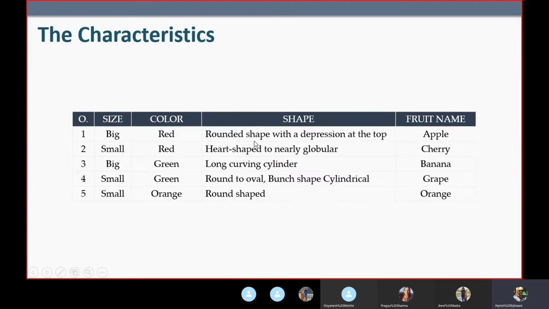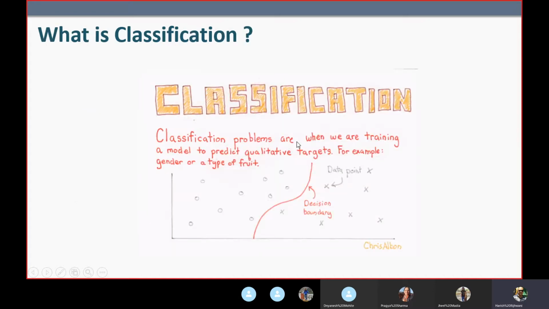These labels are there for this shape. This again has to be broken down into something else. It has to be broken down further. I cannot give this statement itself to the computer. The shape might be round, then heart shaped, long, round, round. So like that, I need to decide and I need to showcase that to the computer.